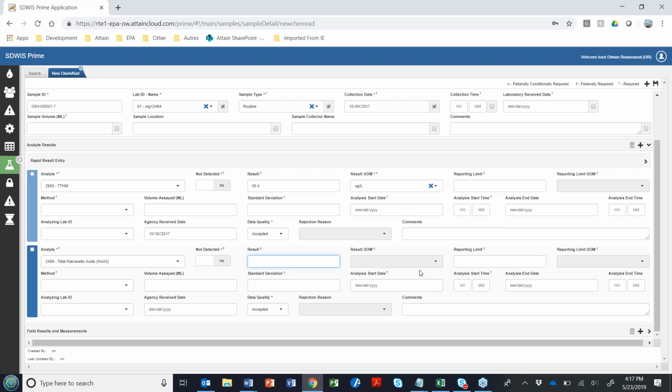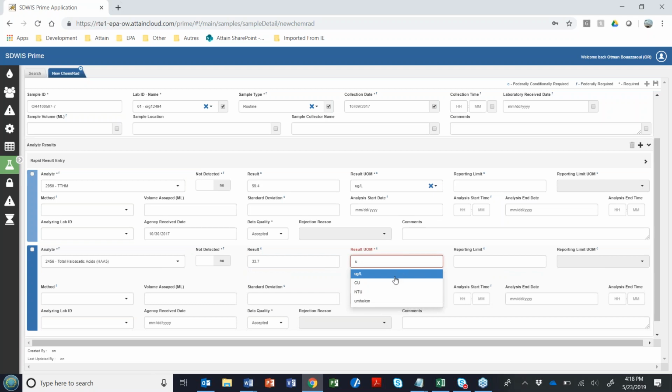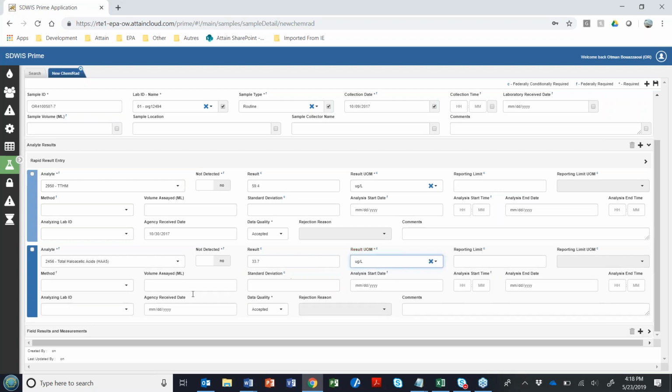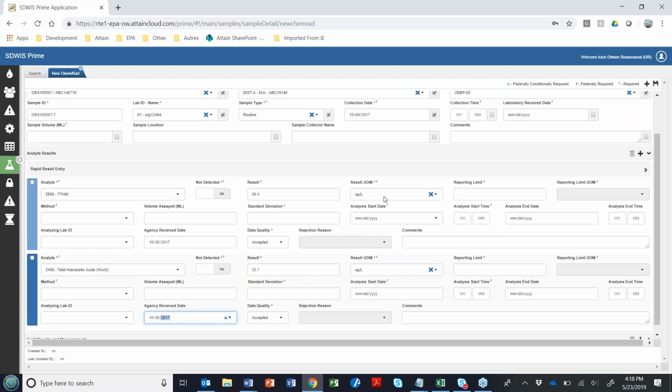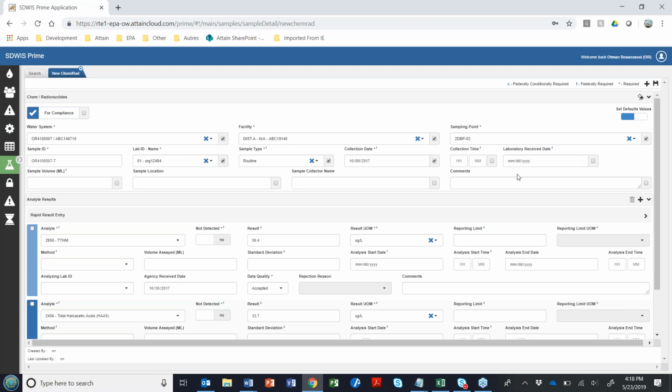I could have entered that as well. But anyways, for HA5, I have 33.7 microgram per liter. And then the agency receipt date is October 30th, 2017. Okay, so this is sample number 7. Let's go ahead and enter sample number 8.